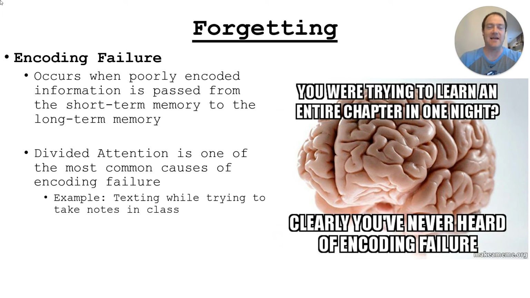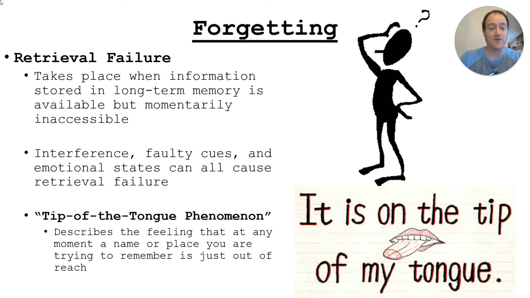What I mean by that, and I usually try to call people out in class when I do this, is if you're texting on your phone the entire time I'm talking, you're not going to remember what I'm saying. Or if you're texting constantly while you're also trying to write down notes, or while you're trying to read, you're not going to retain any of that, because it's not going to move from short-term to long-term successfully, because your attention is divided. And that's an encoding failure. Okay. So encoding failure is one way to forget.